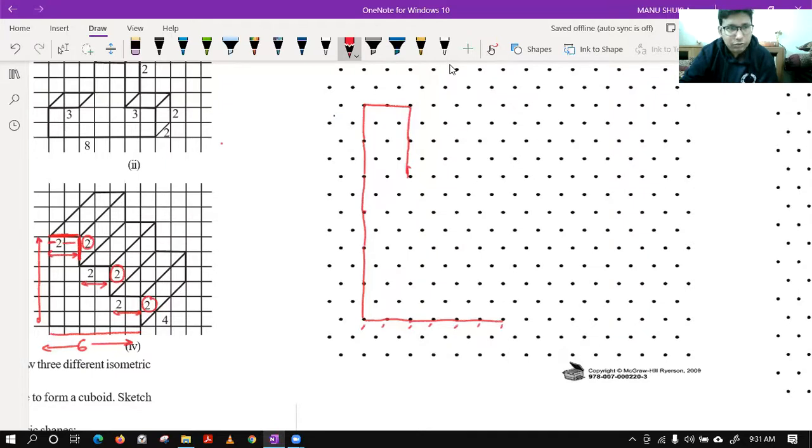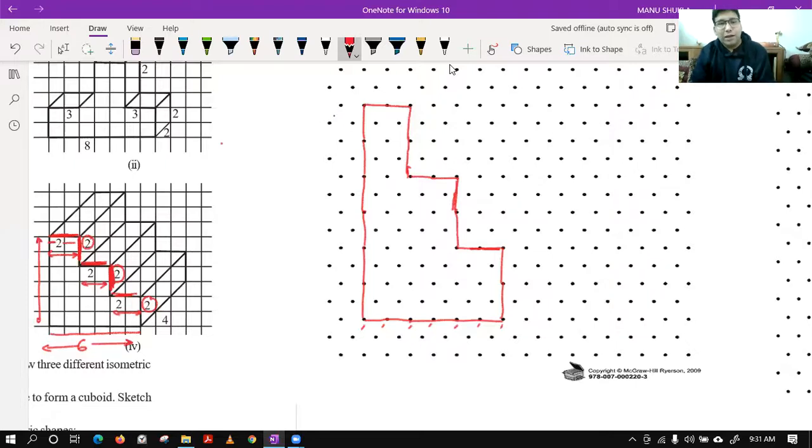After this, again we have 2. So let's make 1, 2. Then again we have 2. So let's make 1. Sorry, you have to use a scale for this. 2. Then again we have 2 like this. So 1 and 2. And finally we are ending with the last 2. So class, we have got the front face. Are you getting this thing?